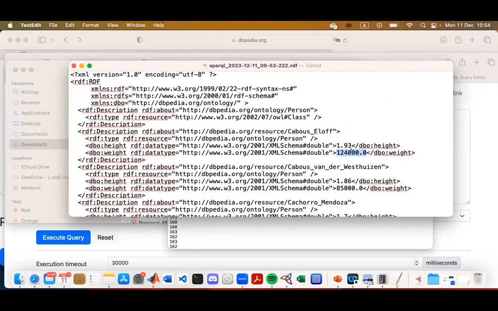The weight here, I think, is in grams, if I'm not mistaken. So it's okay, but what shall we do with it? Let's do the following. First of all, maybe we can convert it, I mean, put an extension on it. OWL. Yes.